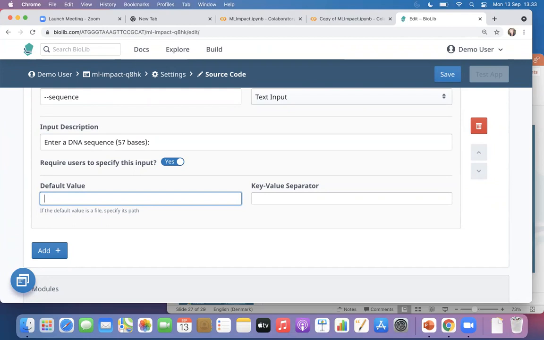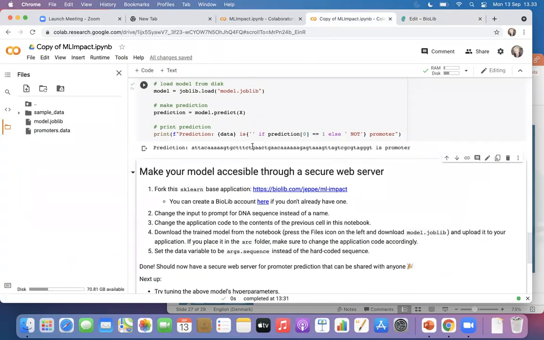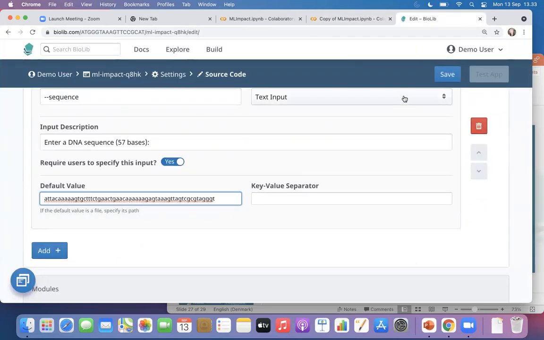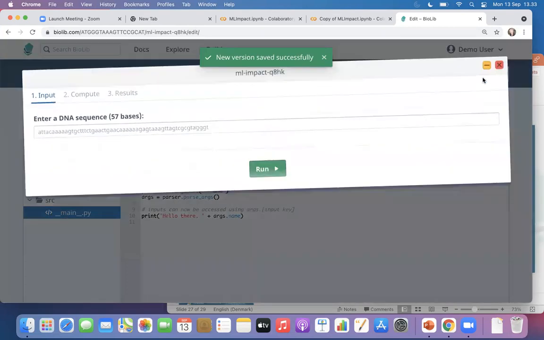Remember, the most important thing is accessibility, accessibility, accessibility. It's always a very good idea to show some example data to your user. It's just a lot easier for them to map that example data to their own data and understand what changes they need to make. So let's go in and I'll just use the sequence I used in here. Hopefully we should get the same result. So now if I save it,